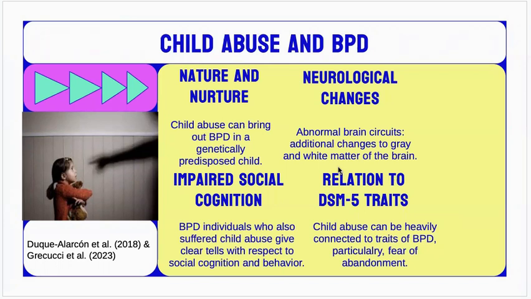disorder. And in terms of social cognition, there are obviously separate tells in social interactions. If one has been abused as a child, it's very easy to tell in school through their behavior, through the way they behave and interact. They are often very erratic, very paranoid. And there are certain traits of borderline personality disorder that make a lot of sense if we're comparing them to traits of child abuse, such as fear of abandonment. And this abuse can often bring out this borderline personality trait.